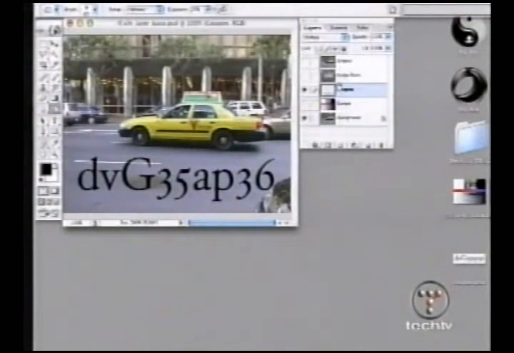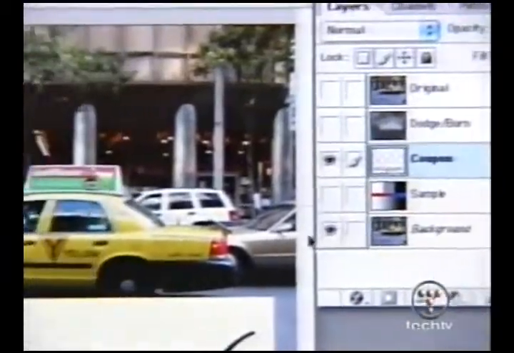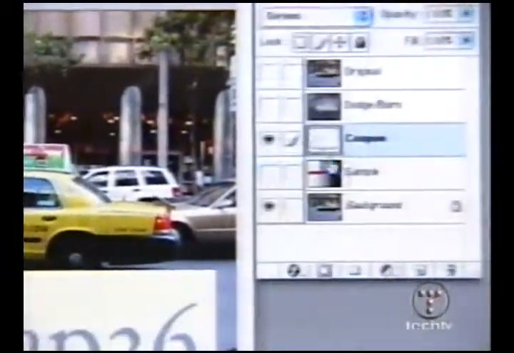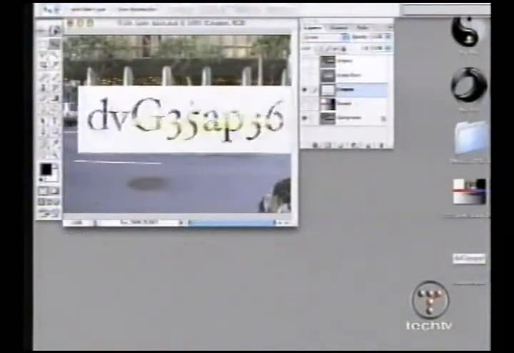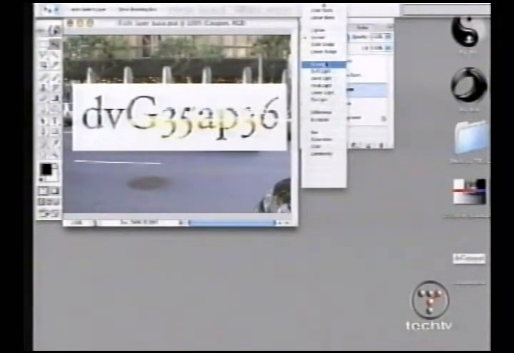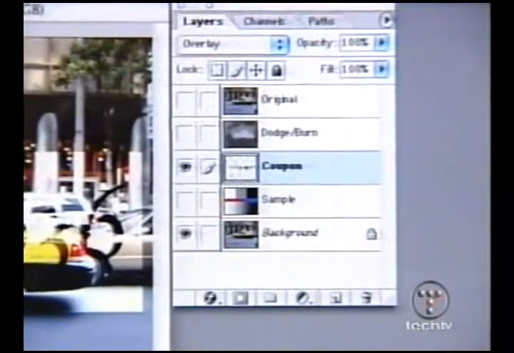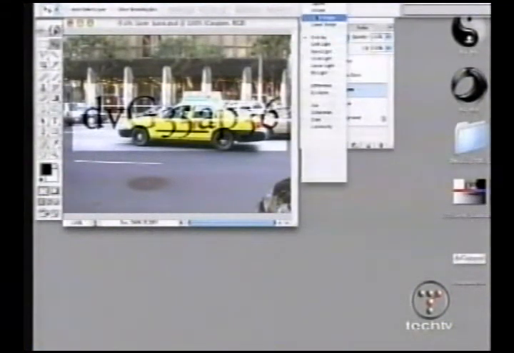You used multiply with what? With a white background and black. Anything darker shows. Now I can go the other way. If I do screen, then the white stays and the black goes. You can just see the image going through it. So you have this little cutout. I'm going to use that. I love that. And then you can also have this nice in-between effect. If you do overlay, you get this, it brightens everything. Kind of transparent. It wouldn't work with this photo perfectly, but it is a